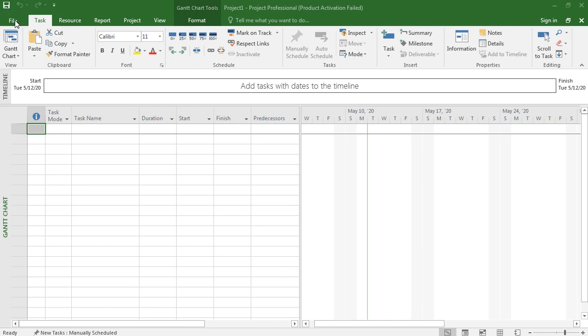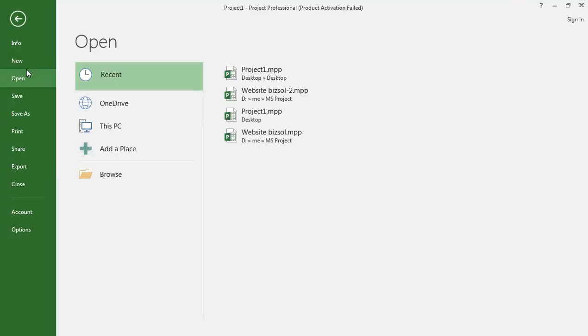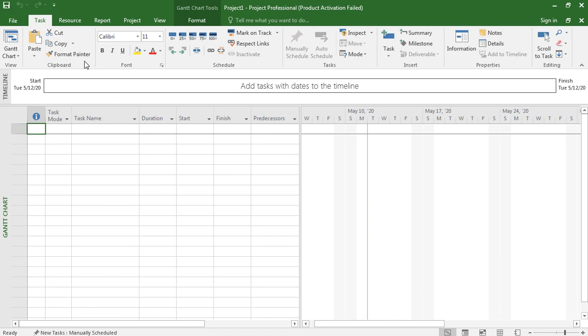Go to file, this file, and this is new. Okay, so the first thing is how to define a task.